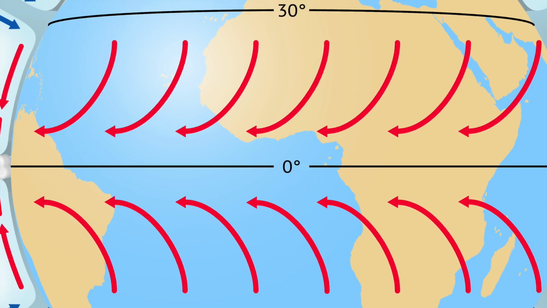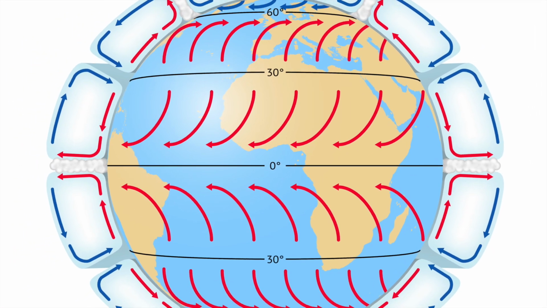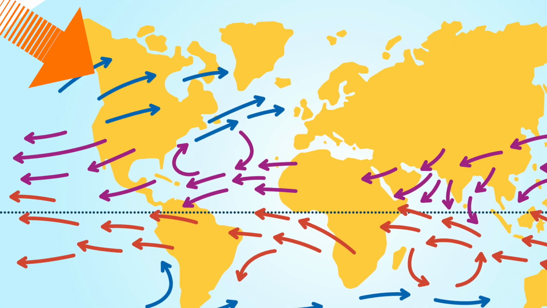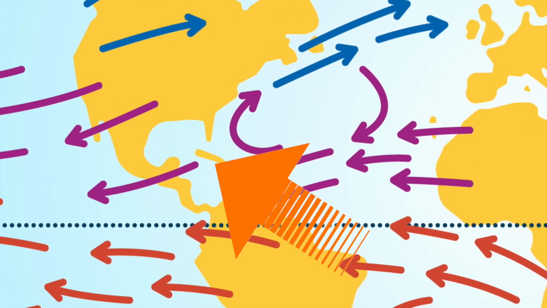And if you zoom out to look at the whole planet, you end up with 6 global wind belts of air rising and sinking at different latitudes and curving because of the Earth's rotation. So you're hanging out somewhere, and global winds bring in new air masses, and with them, new weather. Here in the United States, this brings most of our weather from the west, but sometimes it can come up from the east at lower latitudes.